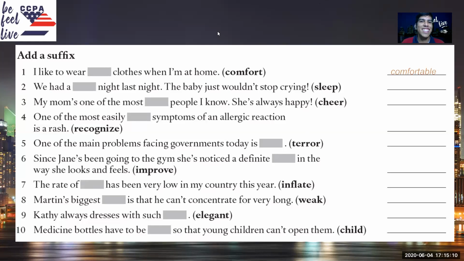No volunteers? Alejandro Villalba. We had a sleepless night last night. There you go. Perfect. So sleepless, a night without sleep. There you go, great. And number 3,